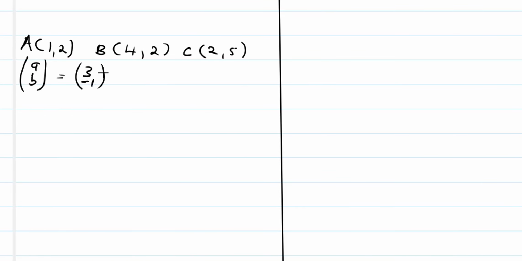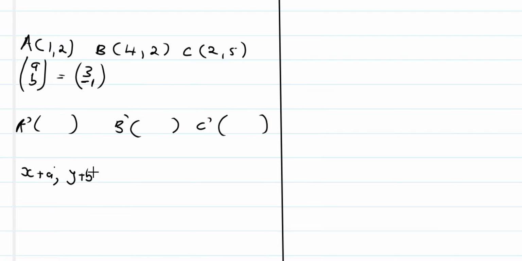So the rule applies that to get A translated, then B translated, and then C translated, we need to apply this rule where to all the x coordinates we add a, where a is the first value of the translation vector, and to the y coordinates we add b, where b is the second value of this translation vector, in our case negative 1. Then we'll get the translated